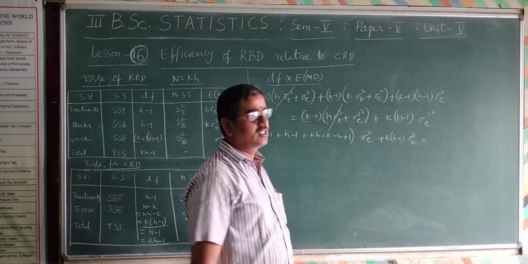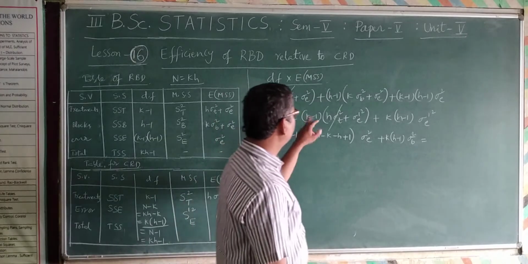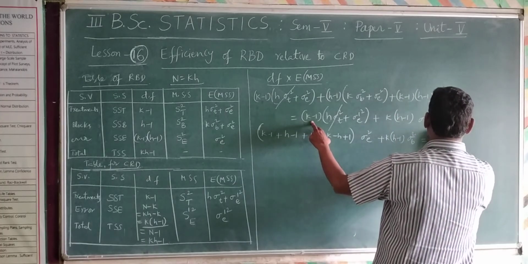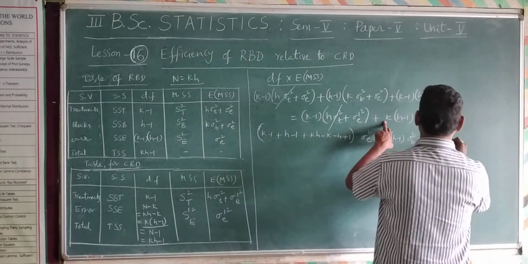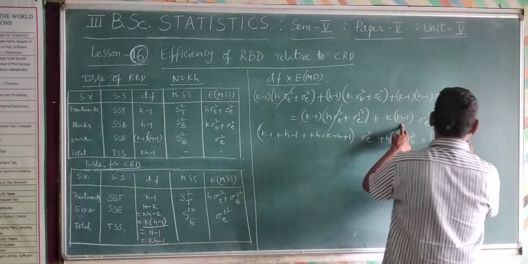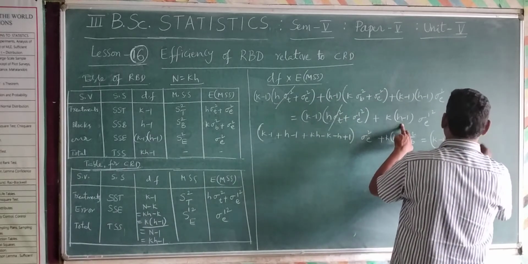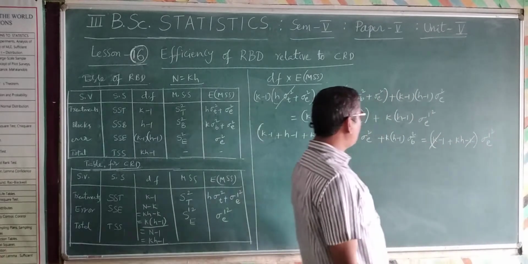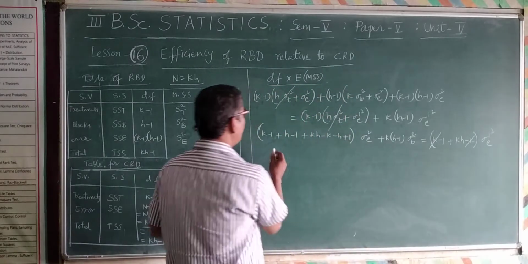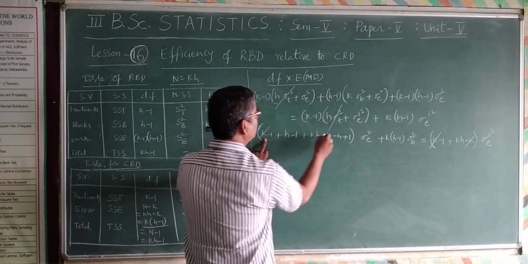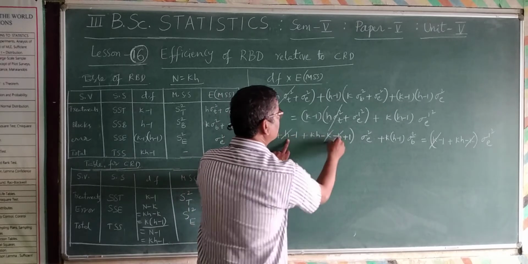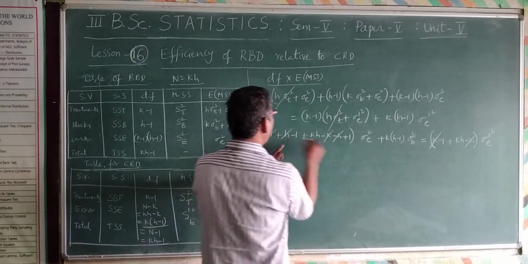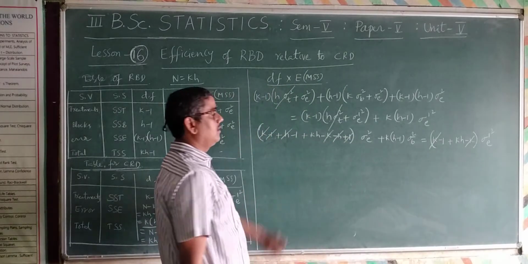We have the sigma dash square e term. Please see the term here. K minus 1 here is equal to k minus 1 multiplied, plus here we have k into h minus 1, that is plus kh minus k, multiplied by sigma dash square e. So minus k cancelling with plus k here, you see the k minus k will get cancelled, plus h minus h also get cancelled, and minus 1 and plus 1 also get cancelled.